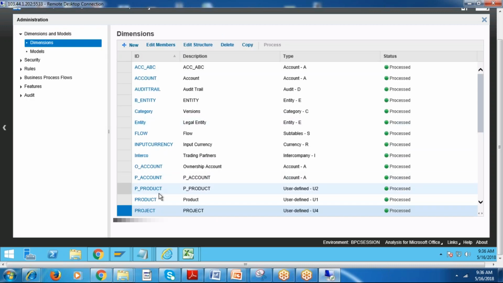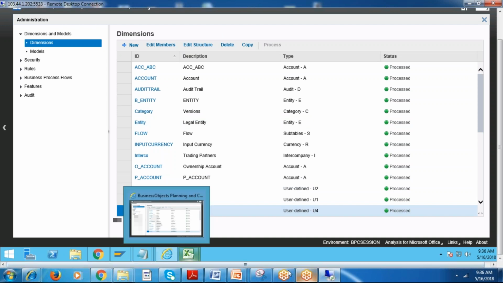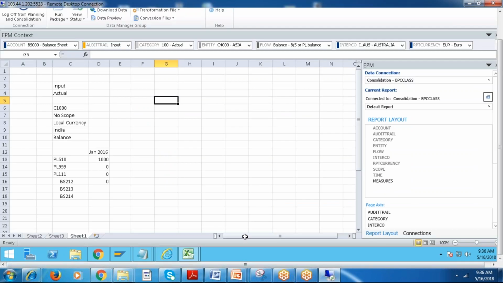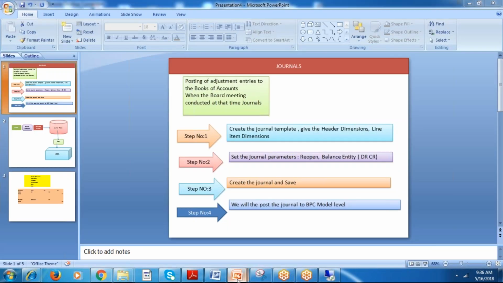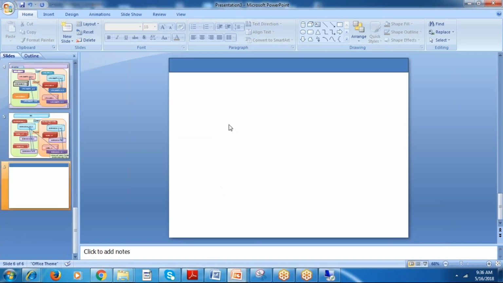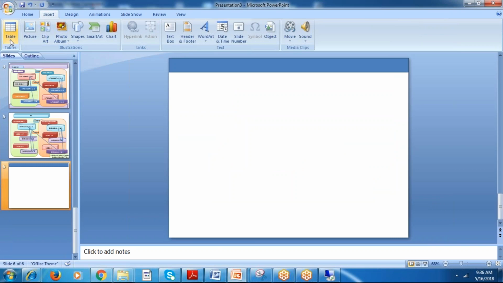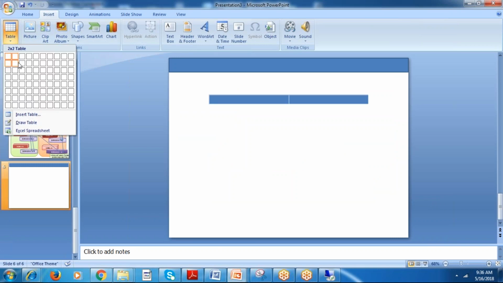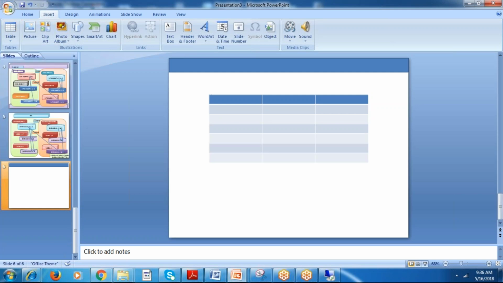So back, go to the project. So what I did here, let me go to the presentation, second one, third one, yeah, here. If I want to create a hierarchy here, I want to create the dimension hierarchy. How should I create the hierarchy?